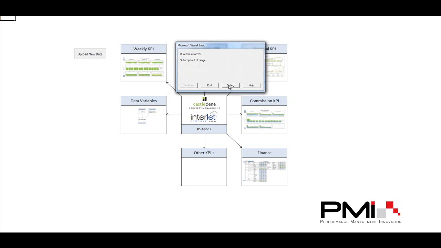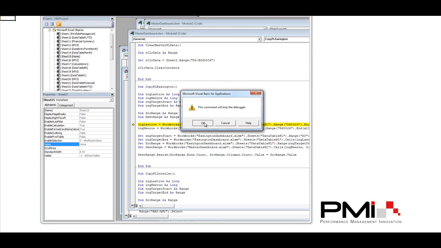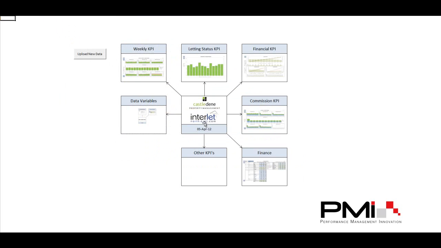If you accidentally click on debug, you get this page coming up which has got some code behind it. Very scary, don't worry. Simply click the X button, then click OK to stop the debugger, and then you're back to your dashboard. So if I just go and open up all the branch level dashboards,